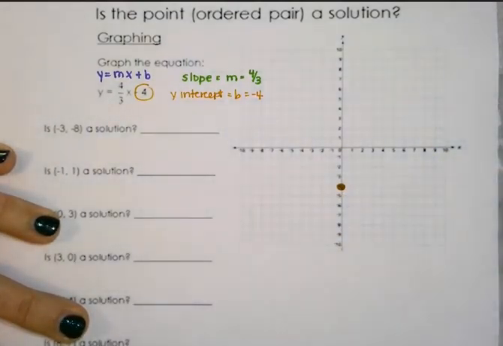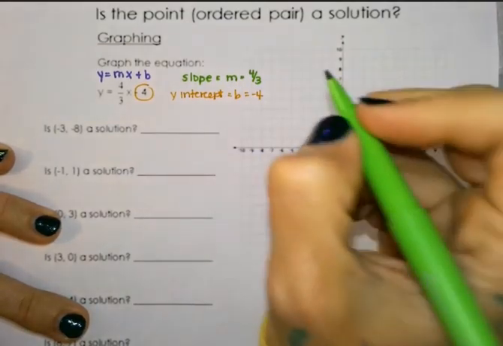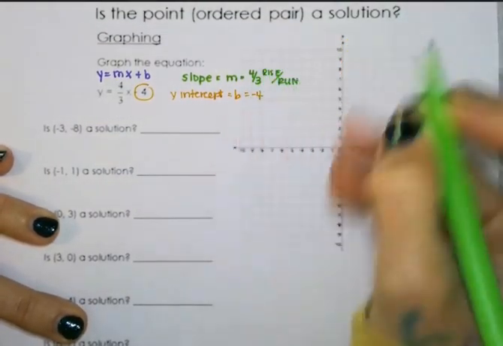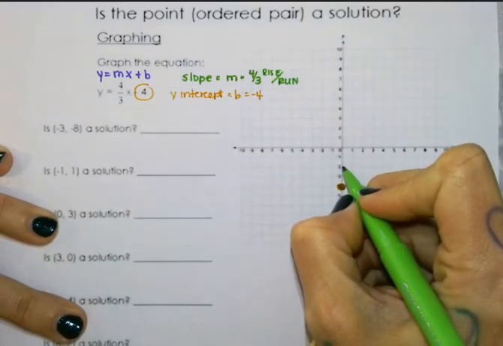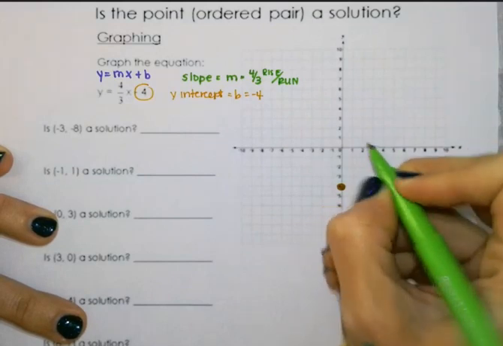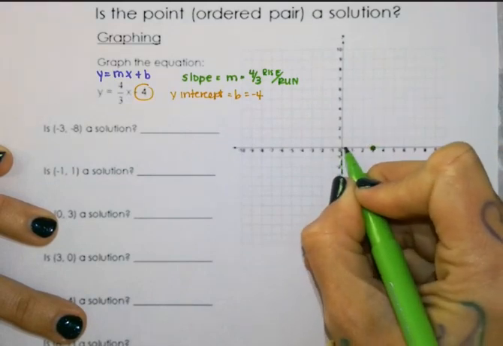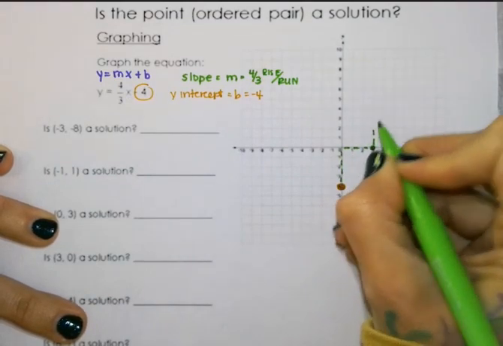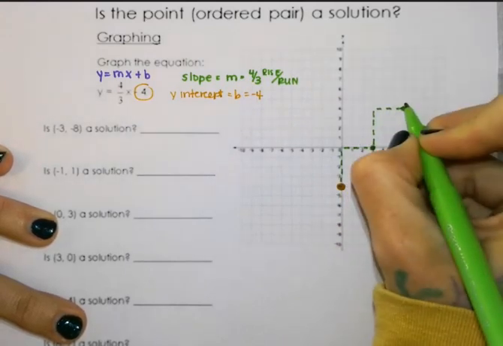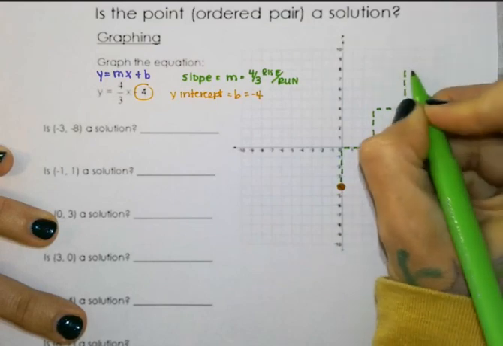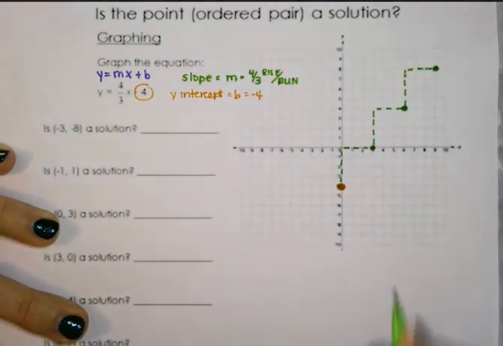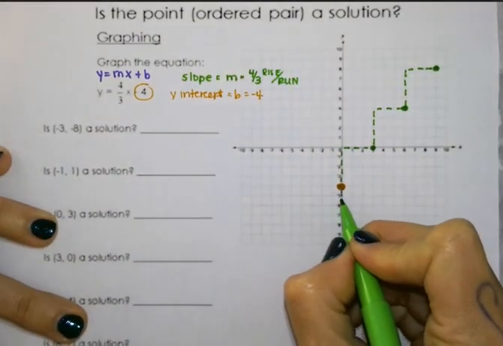It is a positive slope of rise 4, run 3. So rise over run. So rise 4: 1, 2, 3, 4. Run 1, 2, 3. And we want to fill our whole graph. It's going to run off, that's okay. We're going to go the other direction just to make sure we're complete all the way through,